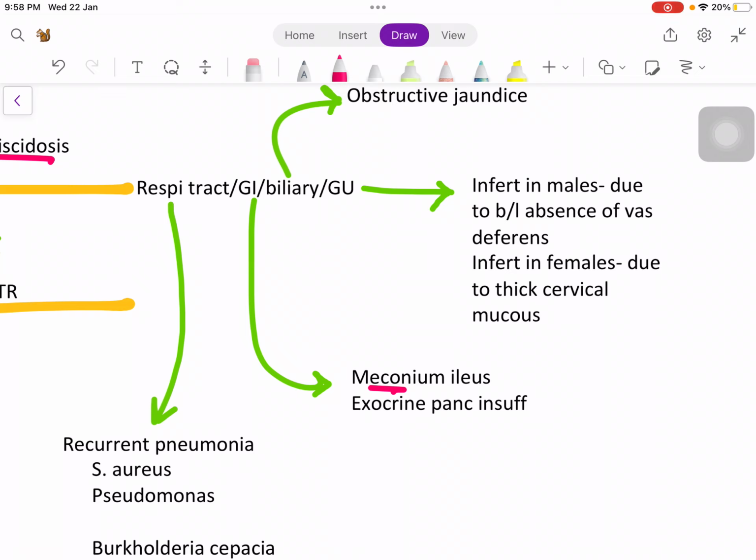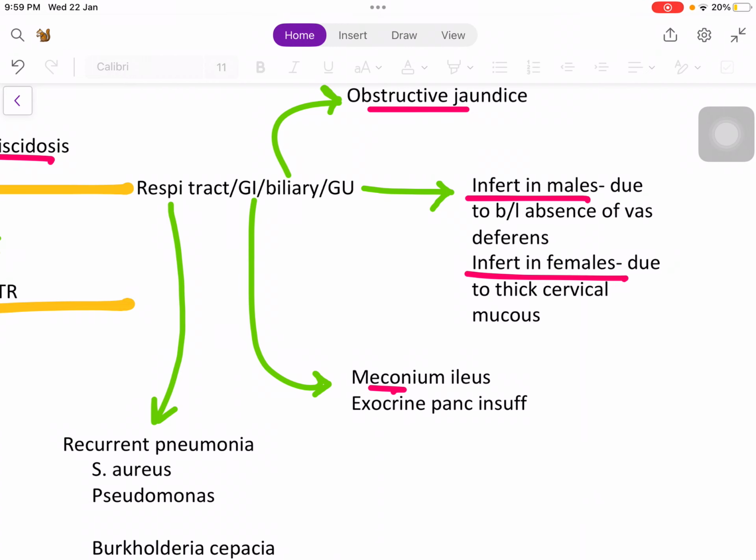Then in the biliary tract, the bile becomes thick. Although there is no actual obstruction, because the bile is thick, it is not released into the intestine, so ultimately it causes the features of obstructive jaundice. Then in the genitourinary tract, it causes infertility in males and infertility in females, but due to different reasons. In males, it causes infertility because of bilateral absence of vas deferens, and in females, it causes infertility due to thick cervical mucus. So now we have done the manifestations,